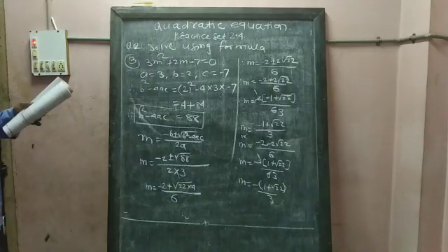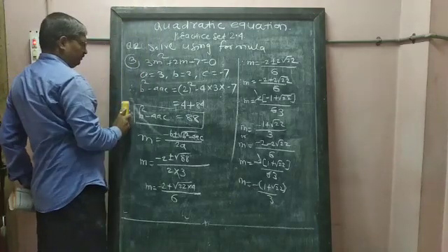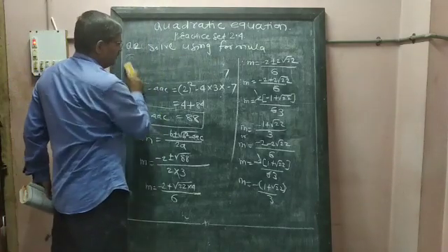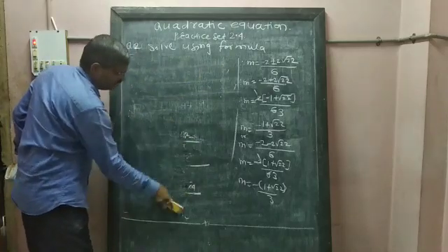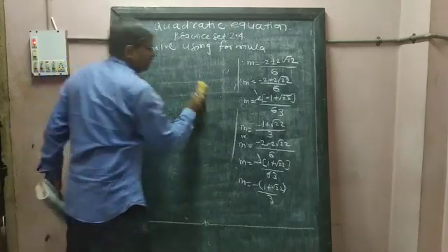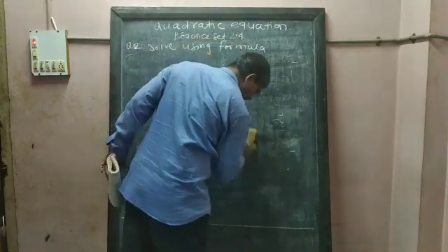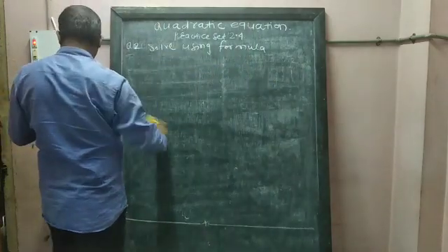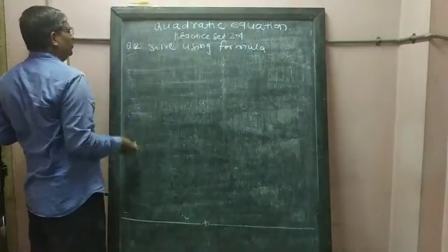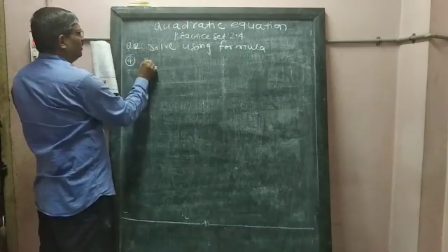Now we have to enter into question number 4. You will feel it a little bit difficult in the beginning, but afterwards, as you get practice, it becomes very very simple, easy. Do practice again and again. Now we are going to question number 4. What is given in question number 4?